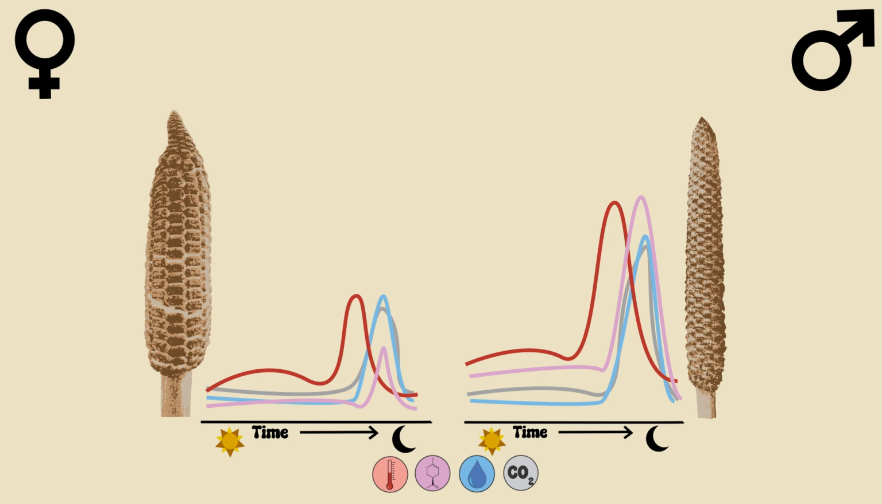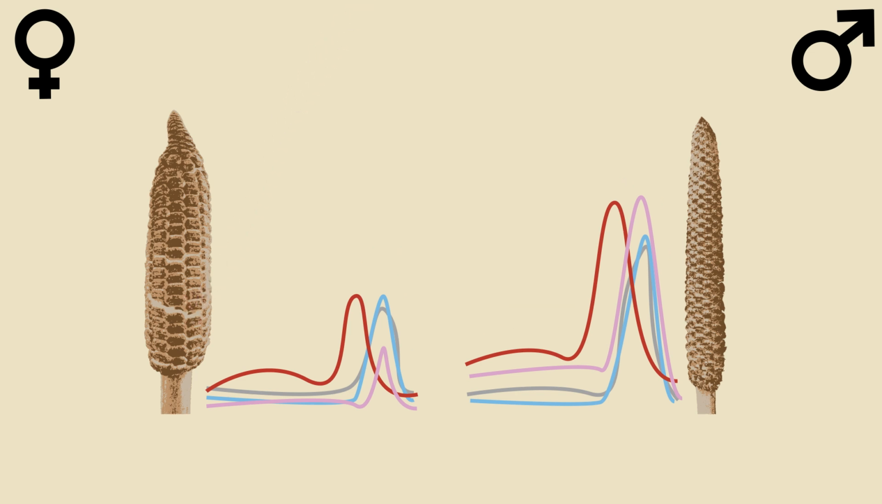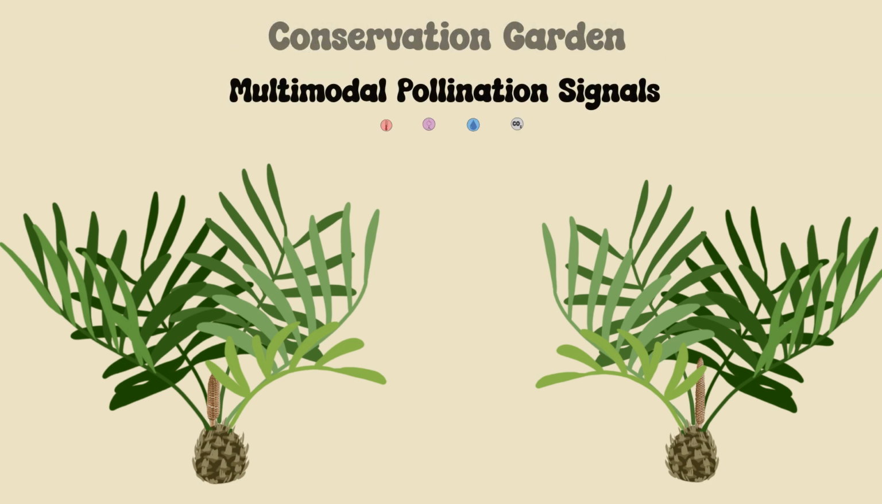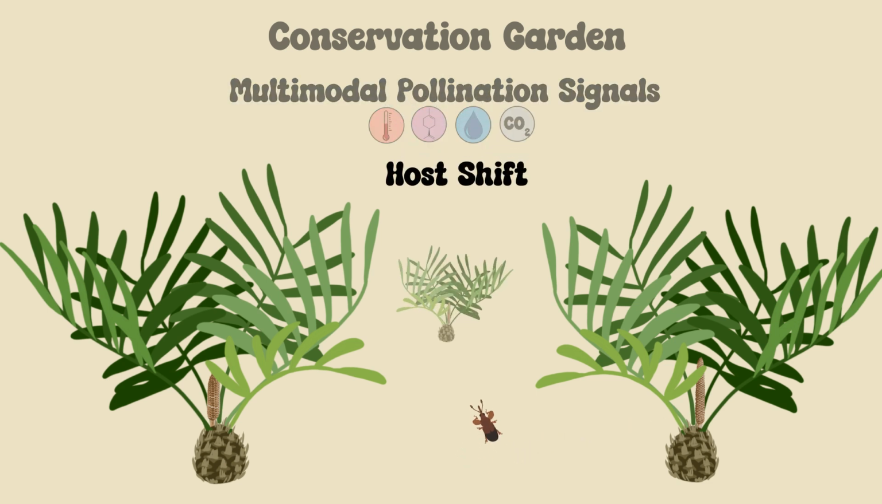The intensity and timing of these signals is thought to push the weevil from the male cones into the female cone, effectively pollinating the plant. This is important and exciting for others because cycads are endangered, and I will be working with a conservation garden to study how multimodal pollination signals maintain this mutualism, and how they are contributing to an observed host shift, possibly